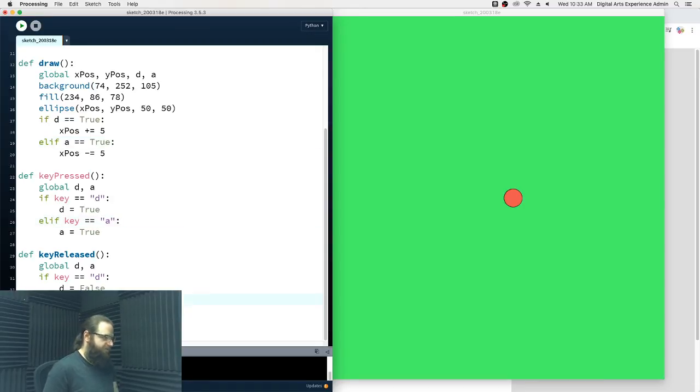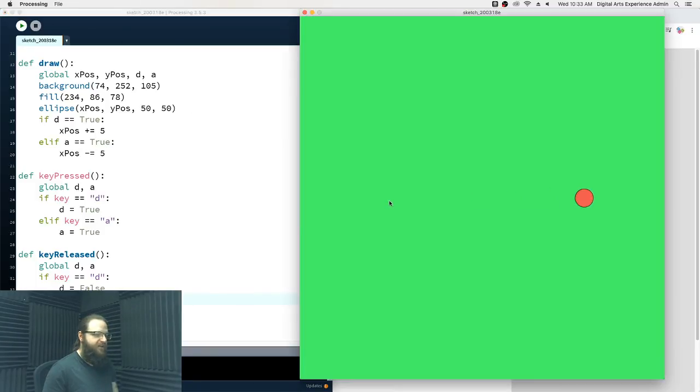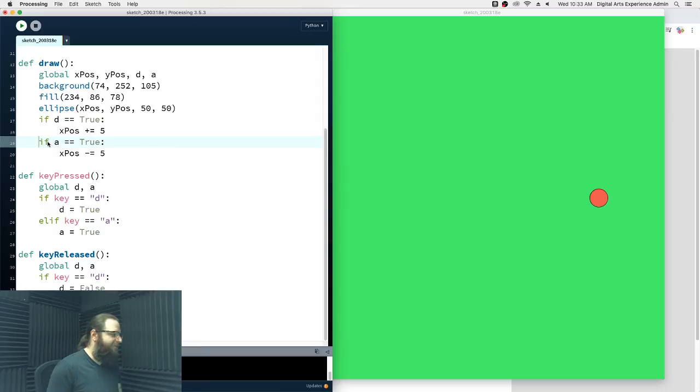This is where my understanding of all of the logic of code starts to get a little limited. Okay, so that's really interesting. So what's happening right now when I've got it written with the elifs, if I press the D key, and while holding D I press A, it continues to move to the right. If I press the A key, and then I press the D key, it moves back the other direction. If I separate these all out into ifs instead of elifs,